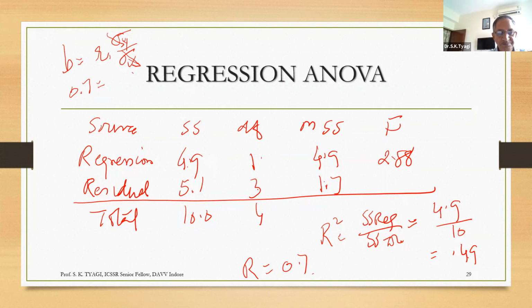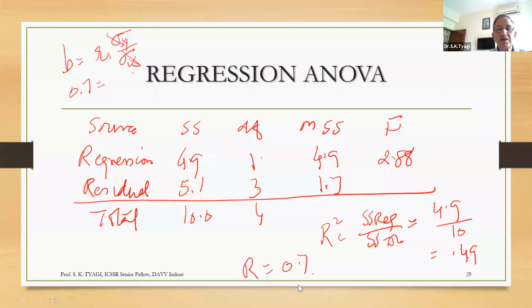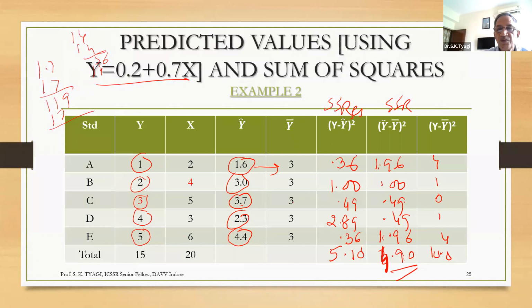But now, there is one more way to do this. We need not go into these details for finding out SS regression and SS residual. We need not go into the details of subtracting y from y predicted, or subtracting y predicted from y mean. There is another simpler way. We can calculate the things, and this is